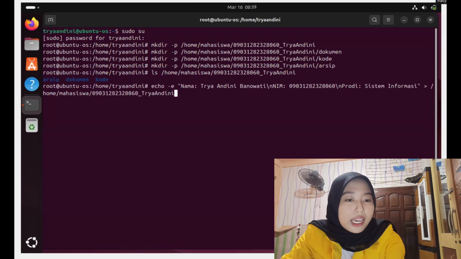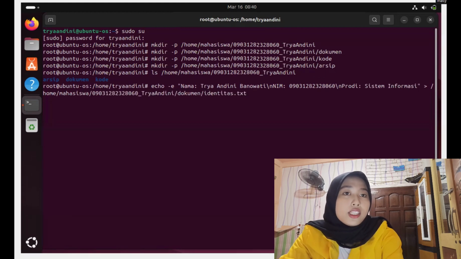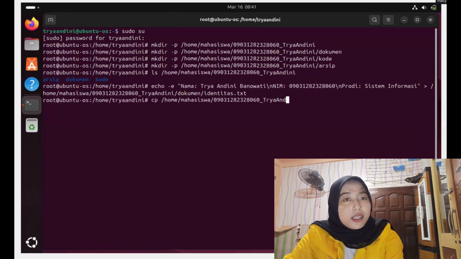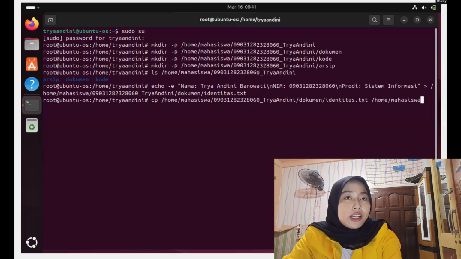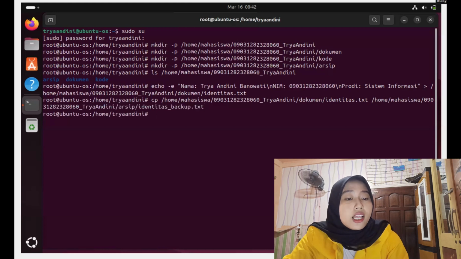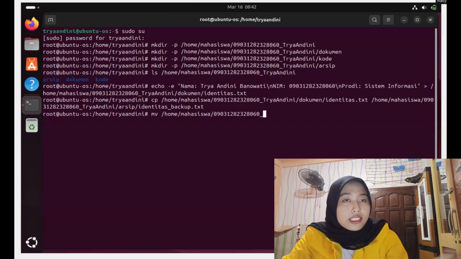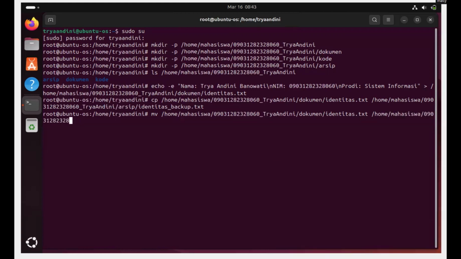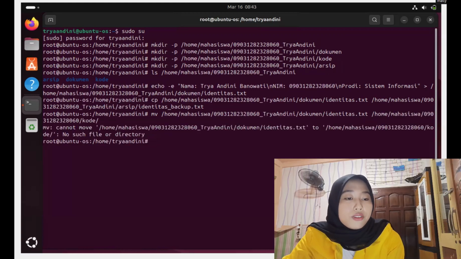Next, copy the file to the arsip directory with a new name and move the original file to the code directory. And the last step is to display the contents of the backup file with the command cat /home/mahasiswa/name_arsip/identitas_backup.txt. The cat command confirms that our file has the correct content.